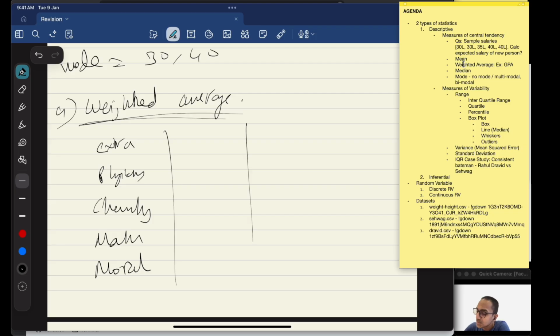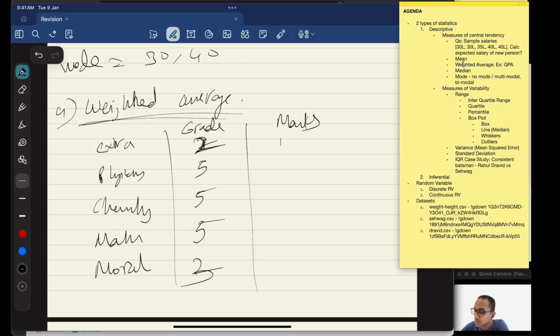These are the subjects, and each subject has a grade and respective marks that you scored. So let's say extracurricular has 1 grade, physics has 5, chemistry has 5, math has 5, and moral has maybe 2. Suppose it's just assume, okay, let's take this as 2 and this as 3, and you scored some marks out of 100,